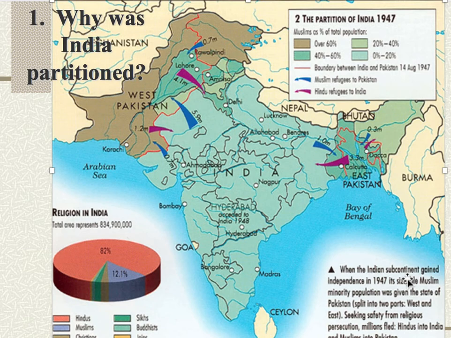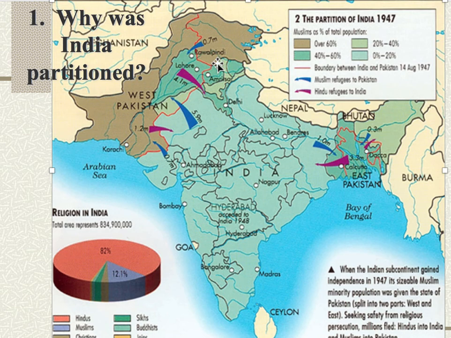But the lines were finalized on August 12, 1947, and those boundaries were kept from the public for several days, and eventually the partition was revealed on August 17th, 1947. And if we look on this map here and we see the red line indicates the boundaries, we can see that there are some major problems with the boundaries, because you have this area up here, which today is called the region of Kashmir.